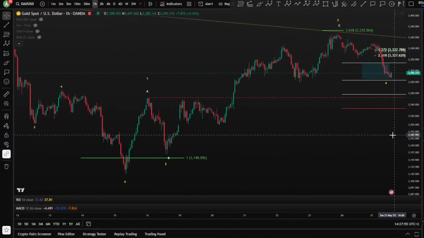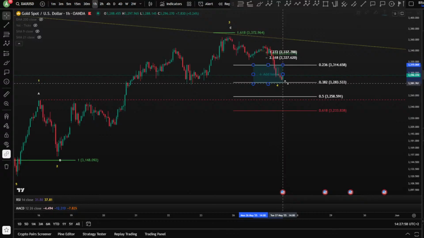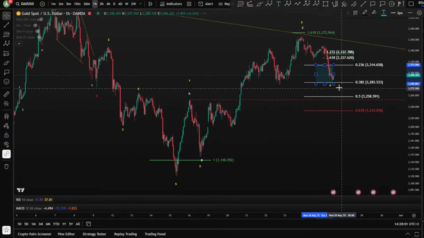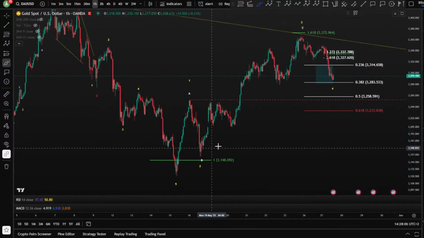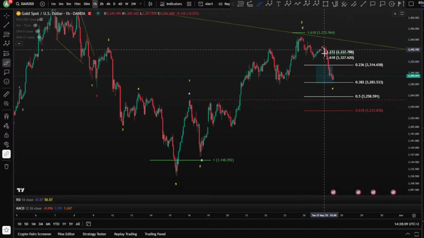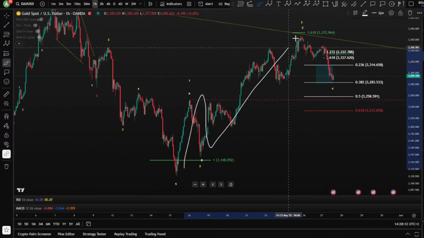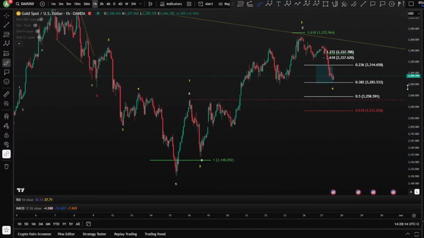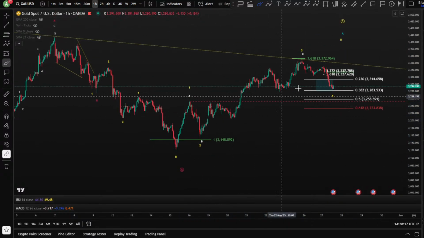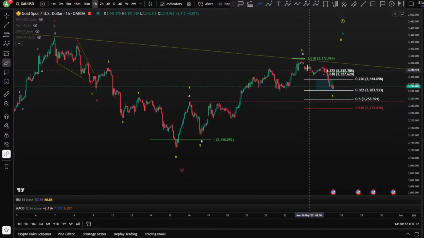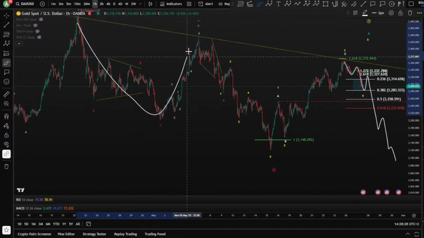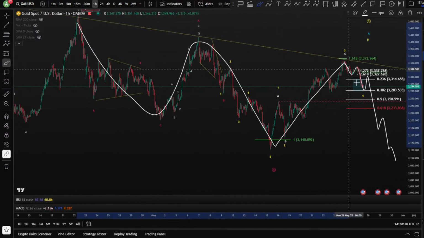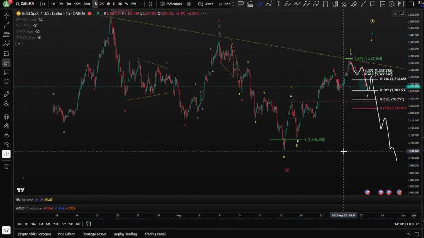Of course, we have reached our blue zone, right? Which is 0.23, 0.38 in case we are bullish here, in a wave 4. So this wave 4 might have finished here as A, B, and a C, 1, 2, 3, 4, 5. We have 1, 2, 3, 4, and a 5. Now, the problem was alternation here: the wave 2 is very deep. The wave 4 also is deep, right? Which I don't like. What if this transformed to double 1, 2, 3, 4, 5, 4, 5? Because of course you have ABC here, correction, and potential impulse toward the downside. This is your bearish scenario.